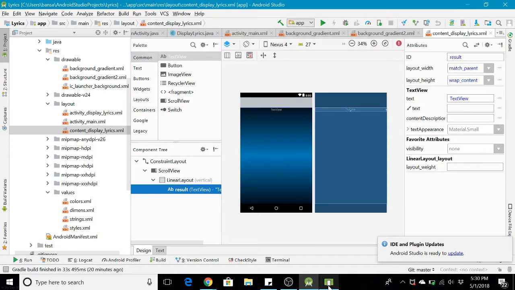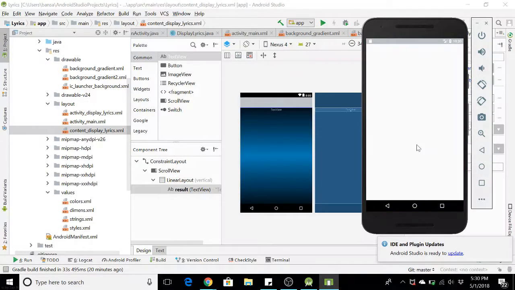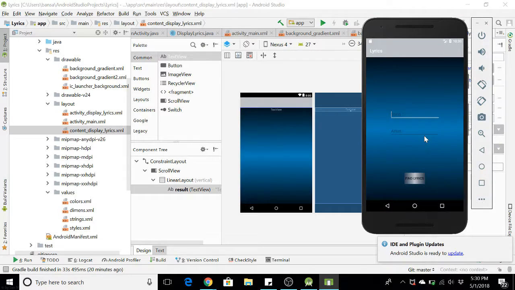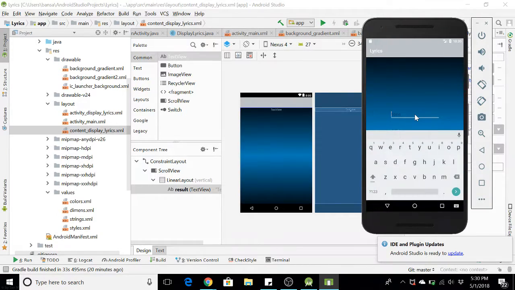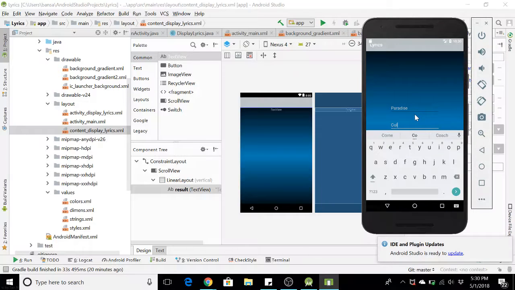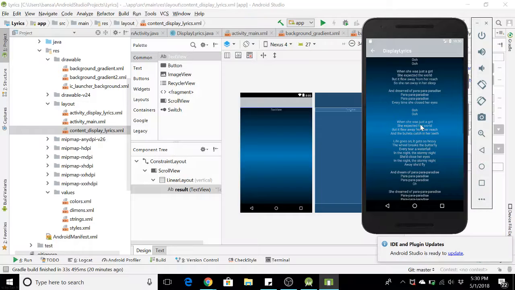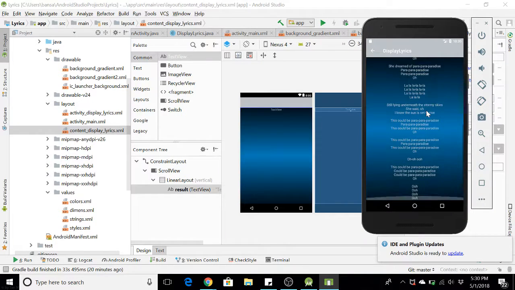So let's run the app and give an example. As you can see, it's opening up, and it takes two parameters, the song and the artist. Let's go with Paradise by Coldplay. Upon clicking find lyrics, it takes you to the next layout, and scrolling, you can go all the way down to the bottom, and it has this nice official look.